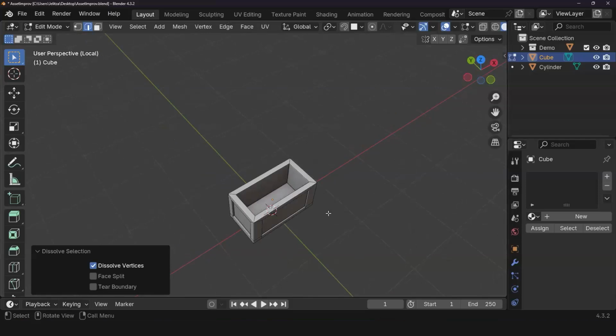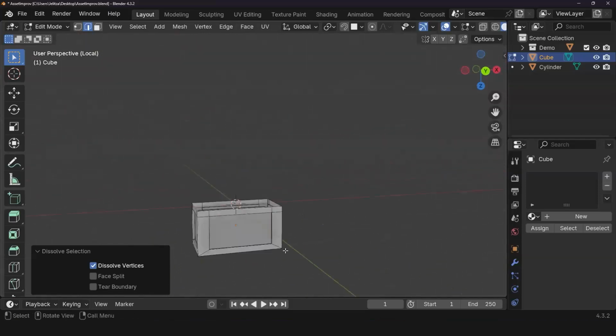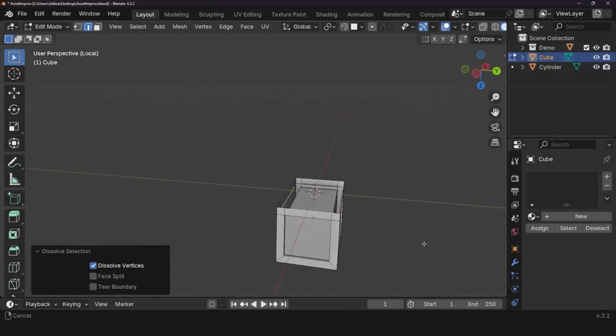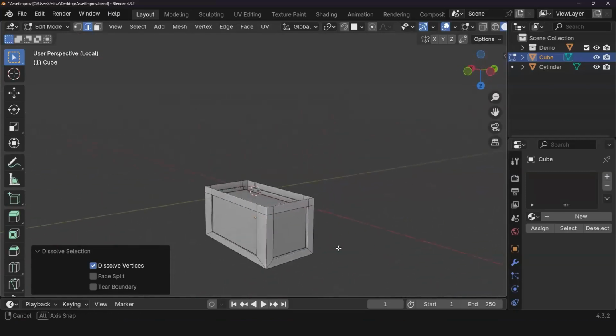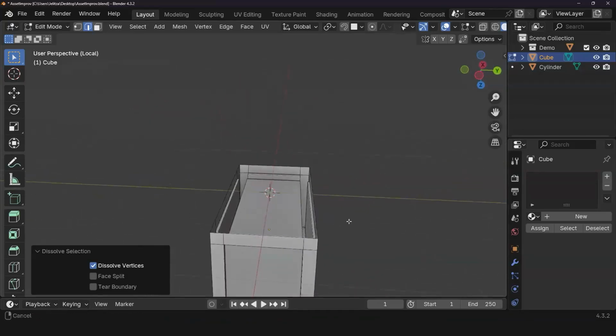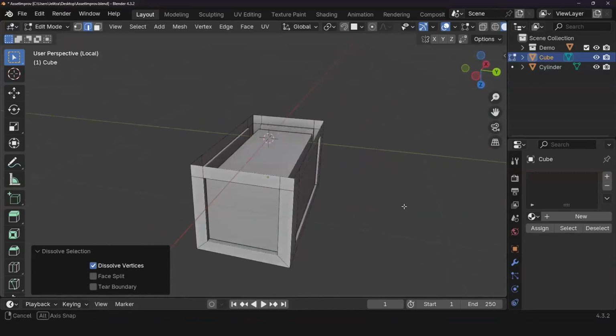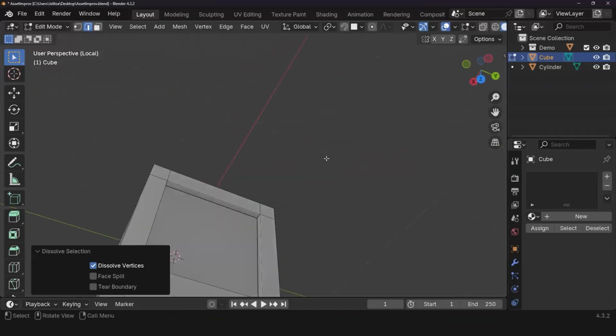I've actually had people build their models upside down, and sometimes it's easy to get yourself lost like that. This could mess you up, especially if you're using modifiers like the mirror modifier.